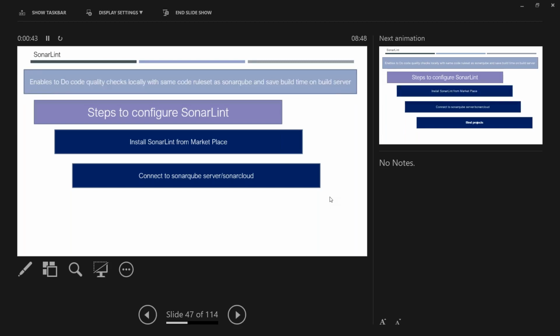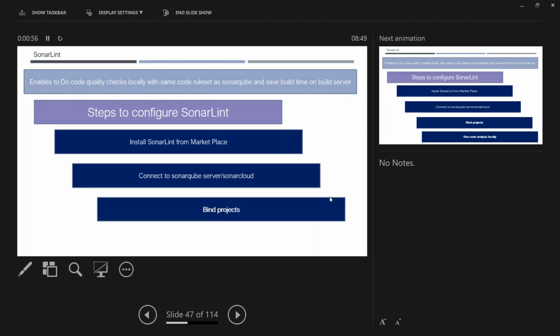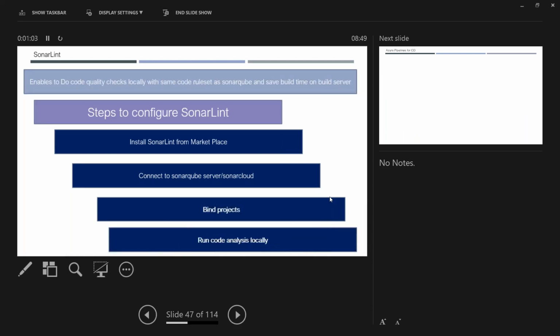For that, I need to integrate my local Visual Studio with the SonarCloud rule set using SonarLint. And finally, once the project is bound, the integration is completed. Then you can run the code analysis locally.